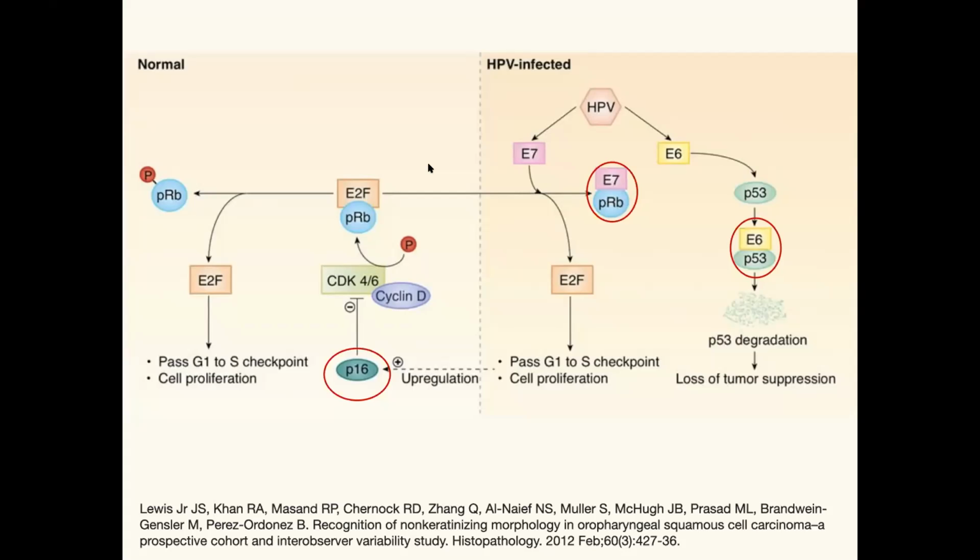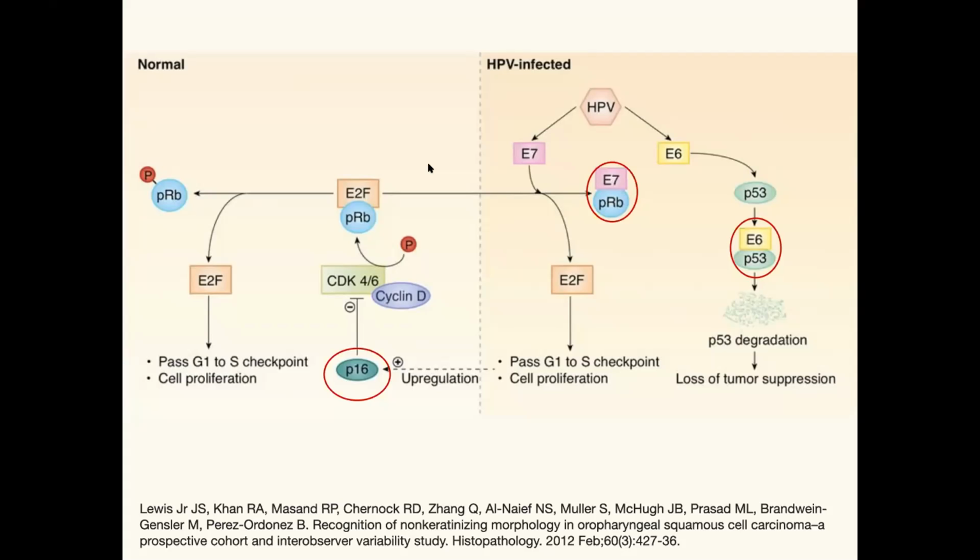RB degradation results in an aberrant overexpression of the tumor suppressor protein P16, because RB normally would inhibit P16 transcription. This high level of P16 expression in HPV-related carcinoma is in contrast to conventional head and neck squamous cell carcinomas, where the gene is frequently inactivated by methylation or deletion. And as such, P16 is a very good surrogate marker for HPV-related oropharyngeal squamous cell carcinomas and is easily detected